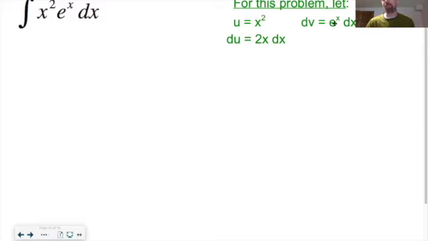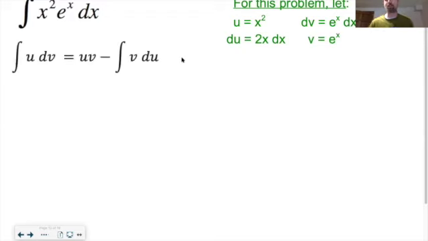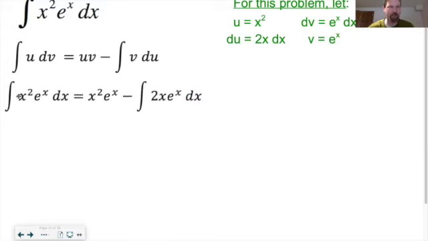So then if my dv was e to the x dx, my v would be e to the x, and I could use that integration by parts formula and just start seeing where it takes me. In this case, integral of u dv, well, I chose u to be x squared, dv to be e to the x dx, so that's all of it here, right? So the integral of x squared e to the x dx, exactly what I'm looking for, ends up equaling u times v, so x squared times e to the x, right there, minus the integral of v du. So minus the integral of v, which is e to the x,